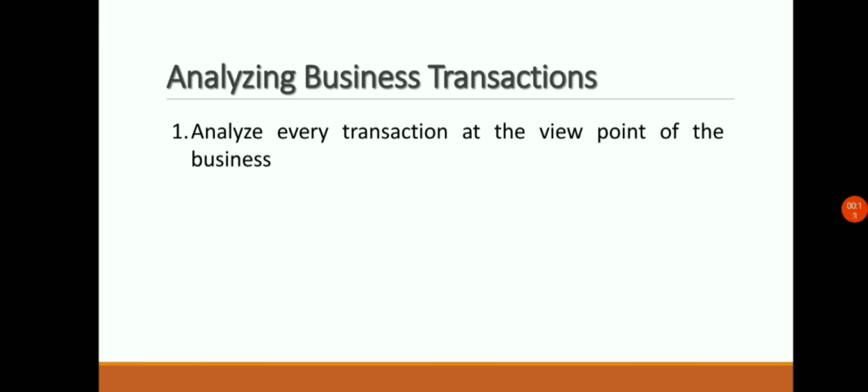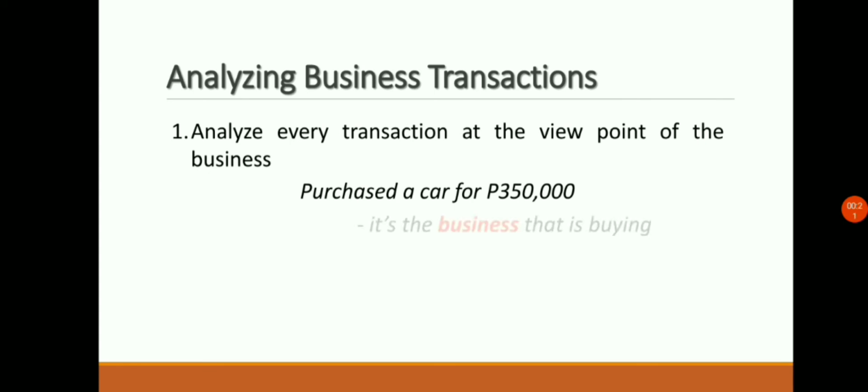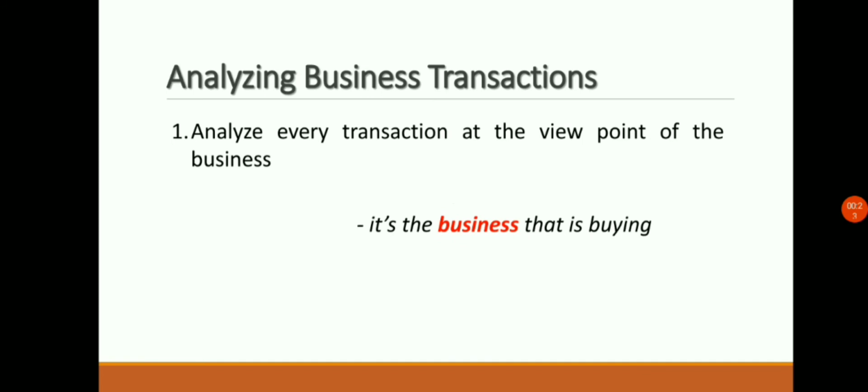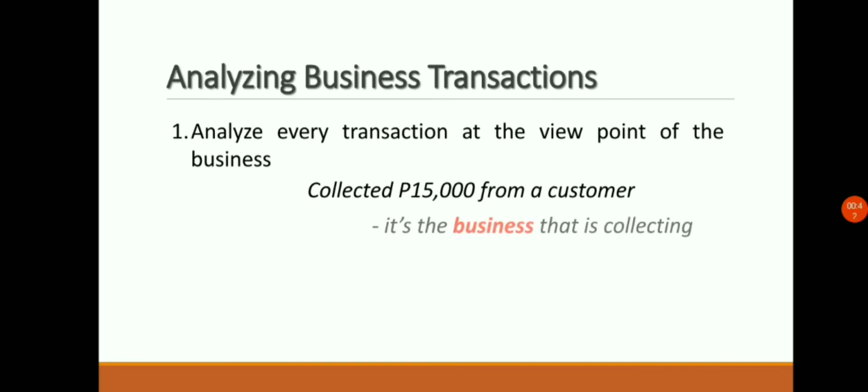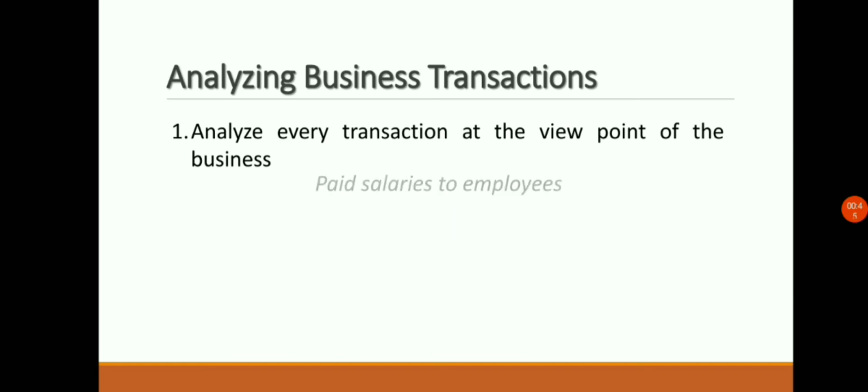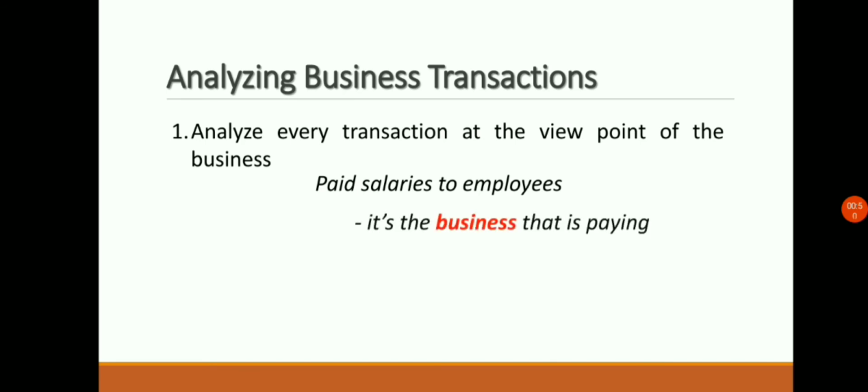So this means to say that if the transaction says purchase the car for 350,000, this means that it is the business that is buying the car. If the transaction says sold 1 unit air conditioner for 15,000 pesos, this means that it is the business that is selling the air conditioner unit. If the transaction says collected 15,000 pesos from a customer, this means that it is the business that is collecting the 15,000. If the transaction says paid salaries to employees, this means that it is the business that is paying